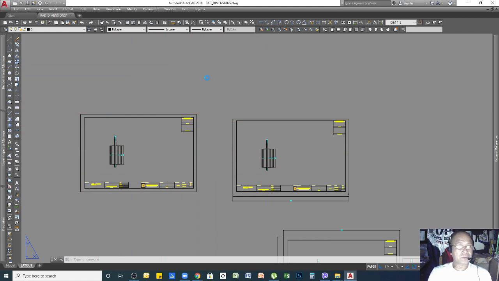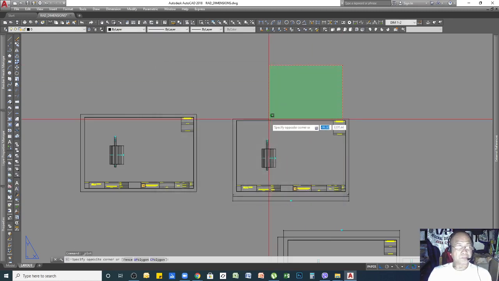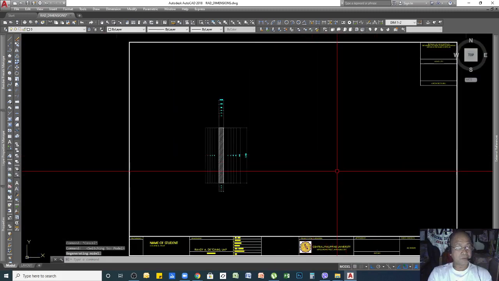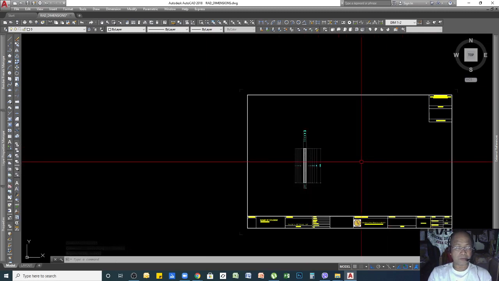So I will demonstrate how to make a plot style. All right, so bear with me as I demonstrate to you. It will be a short duration only.